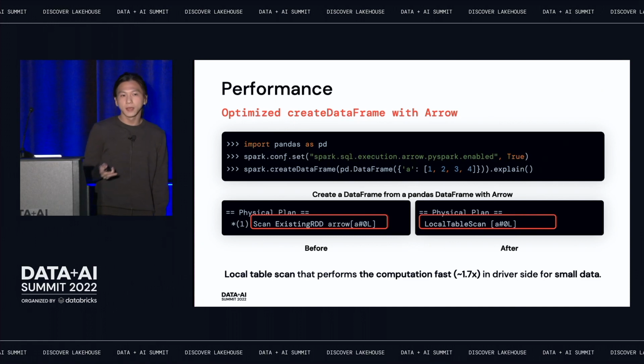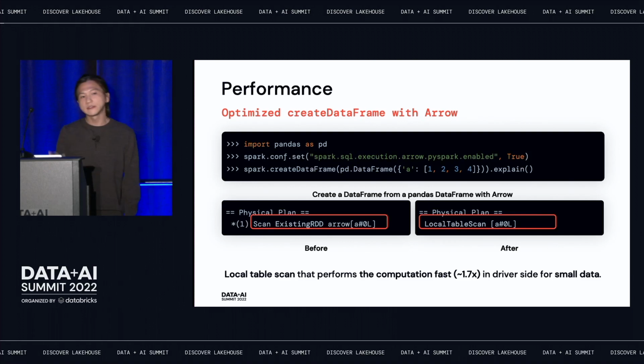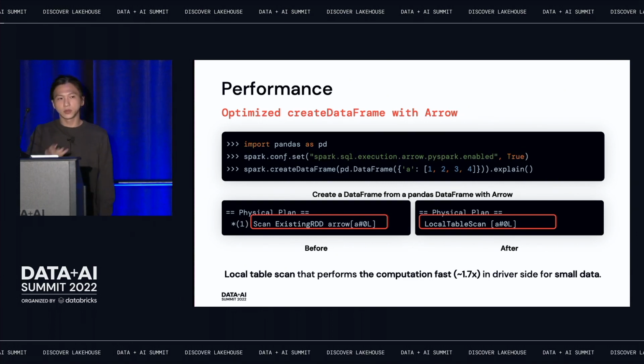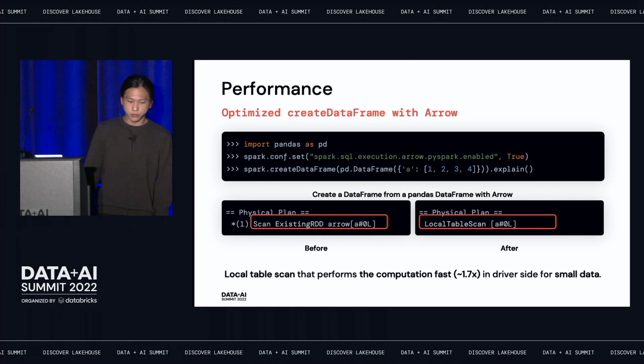And then it is useful especially in the case that we have some cost-based optimization rule. Since the data lives on the driver side, we know the full size, we know the length of the rows, we know the byte size. So we can leverage this for cost-based optimization or broadcast hash join. But in create data frame in PySpark with Arrow, we don't leverage this so far. So we are going to leverage this. And in the benchmark I performed internally, it shows at least a 70% performance improvement.